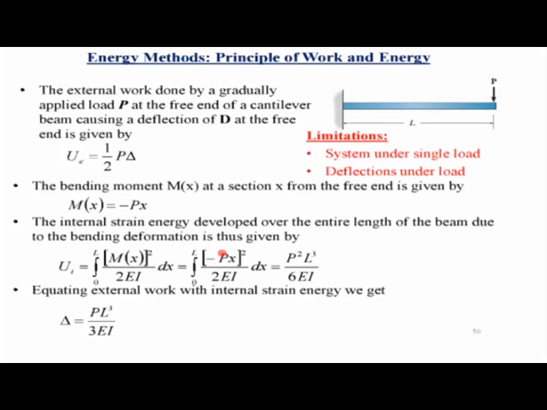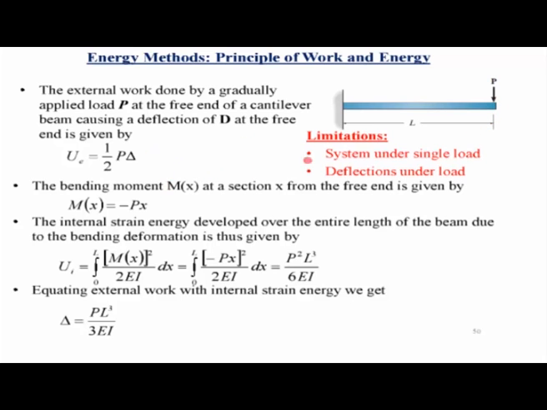So now we'll see how we can use this principle of conservation of energy to calculate the deformation of this cantilever beam. So what happens here is we have a cantilever beam which is subjected to a load P at the free end. The length of the beam is L. So if the beam undergoes a deflection delta under this load P, the external work done by this load P is half into P times delta. Now this is assuming that the beam was not loaded, and this load P has been gradually applied from a value of 0 to P, due to which it has undergone a deflection in the direction of the load from 0 to delta.